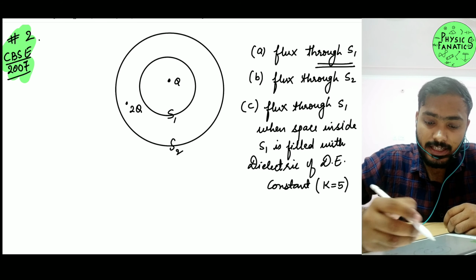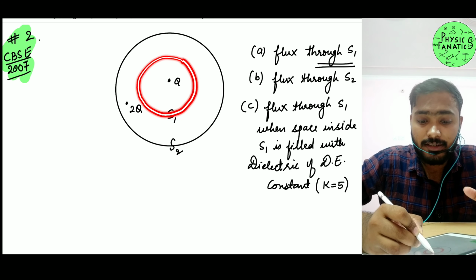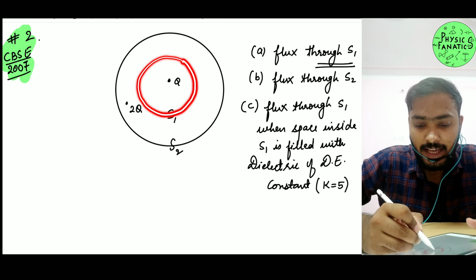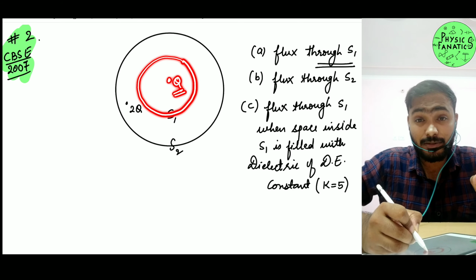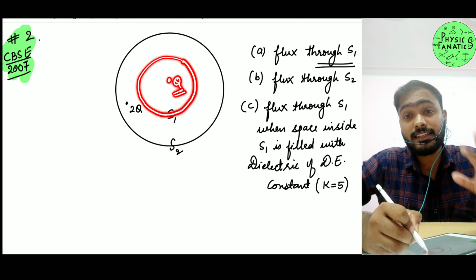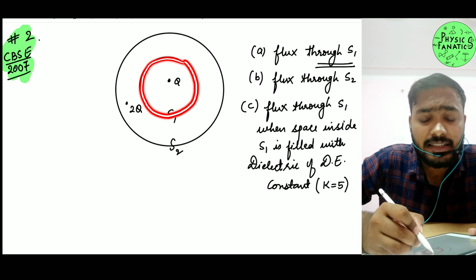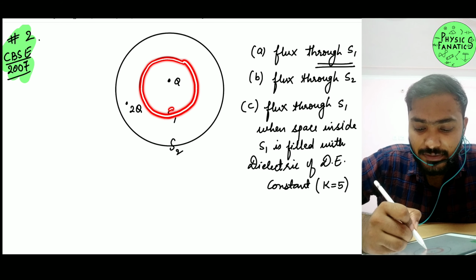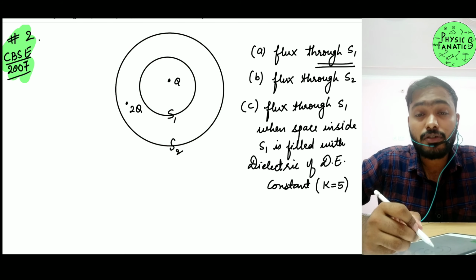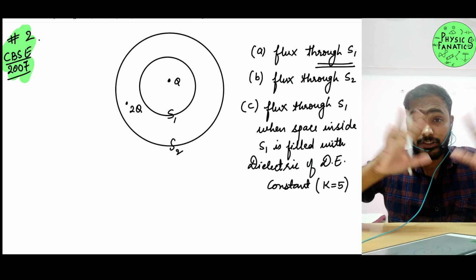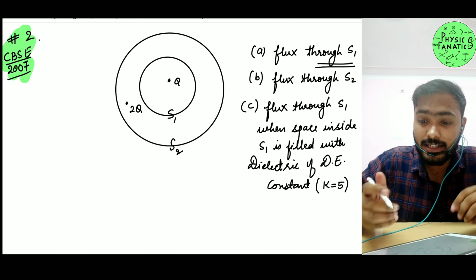Okay, so flux through S1. Here is my S1 surface, and you have to ignore the other surface, since right now the question is only asking about flux through S1. I can see S1 includes my plus q charge. By Gauss law, the net flux that is passing through any closed surface, and you have to assume this is a closed surface, not a circle but actually a sphere, S1 is a sphere, and very similarly S2 is also a sphere. According to Gauss law, the net flux passing through the entire closed surface is 1 upon epsilon times the net charge enclosed inside it.